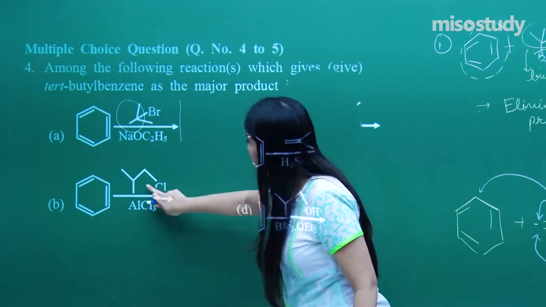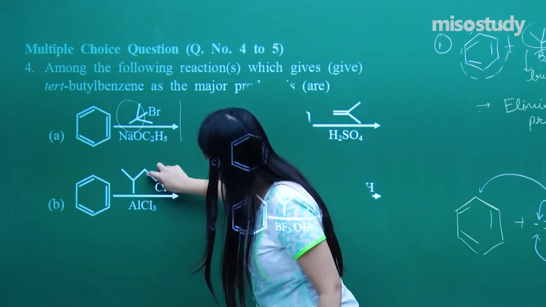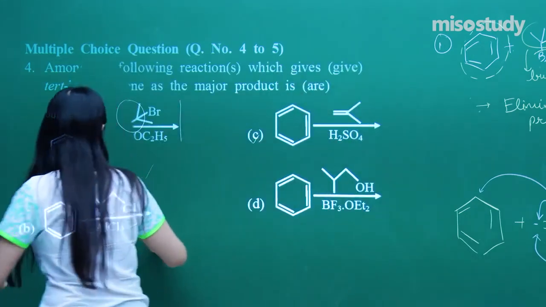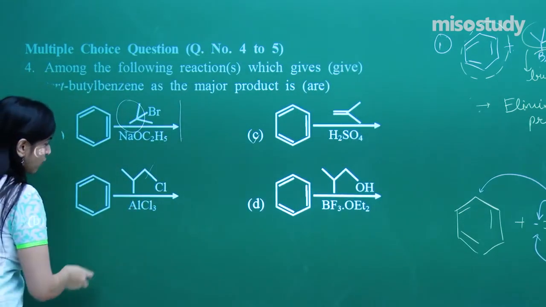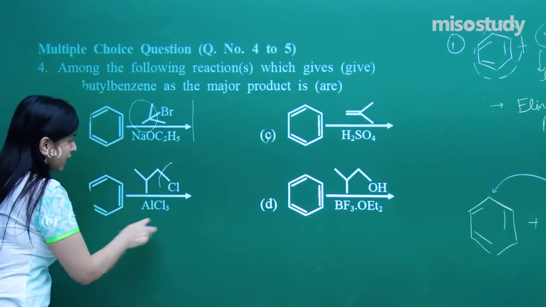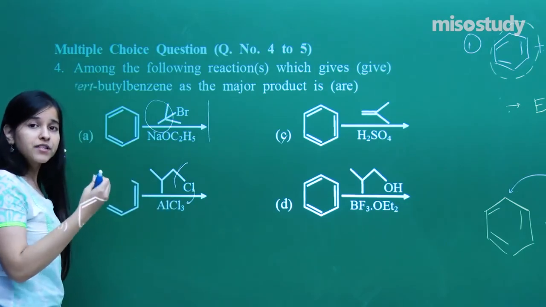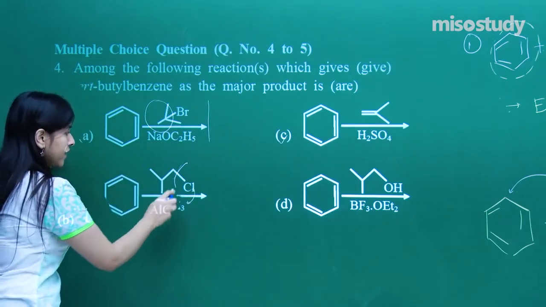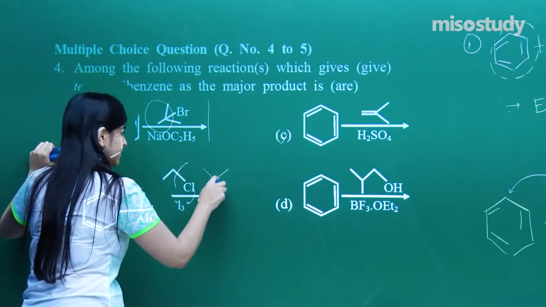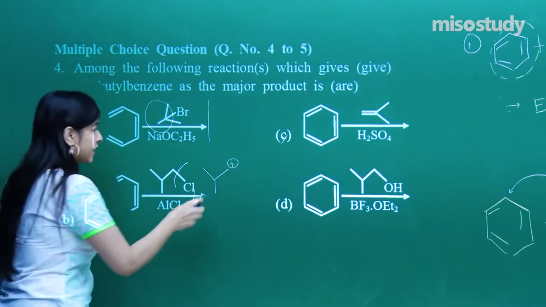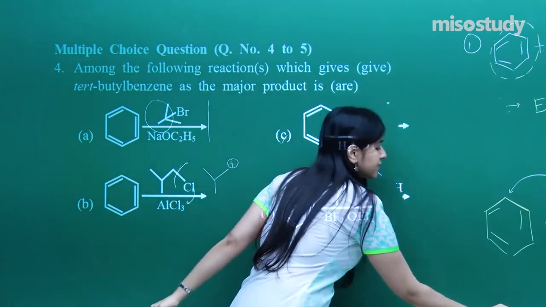Now benzene reacting with what? This kind of compound and aluminum chloride. So let us perform the reaction here itself. So what will it be? The chlorine is fetched by aluminum chloride because it is deficient of electrons. So it takes up Cl negative. What will happen? We get a carbocation like this. If you see here carefully, let me expand the structure a bit.